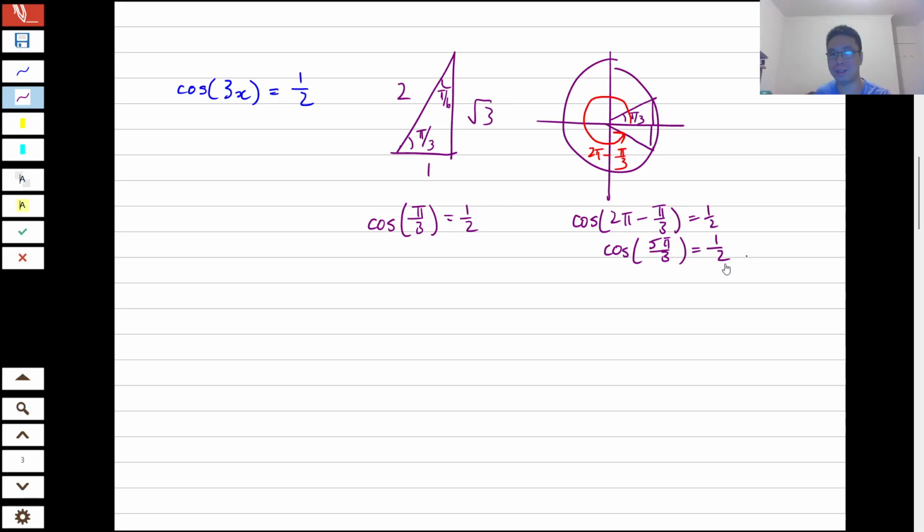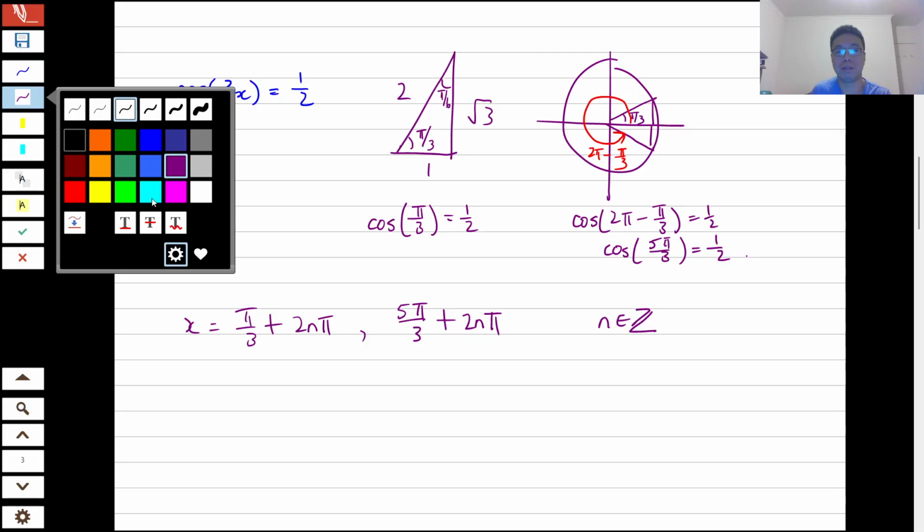And this suggests that there are 4 possible solutions. Two families of solutions. The first family is going to be pi on 3 plus 2n pi. And the second family is going to be 5 pi on 3 plus 2n pi, where n is an integer. Now,